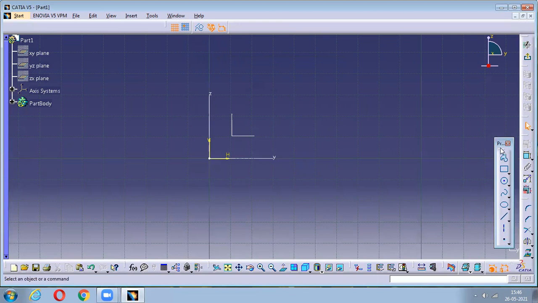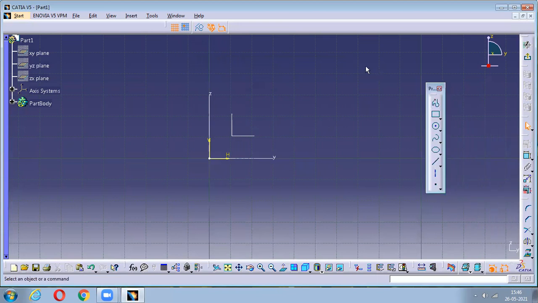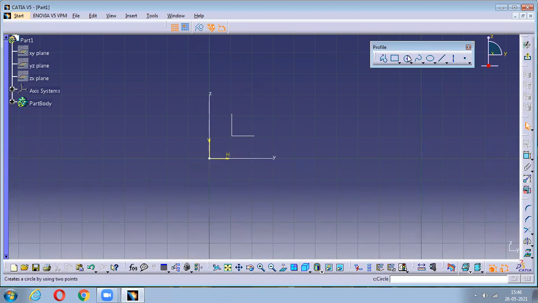So see here, you can take these 2D sketching tools from here, or you can take them from the shortcuts. Can you notice the shortcut here? So if you want to make it horizontal, just click it, drag it and press shift. So it will be converted to horizontal. Can you notice this profiles? Yes, sir. Okay.